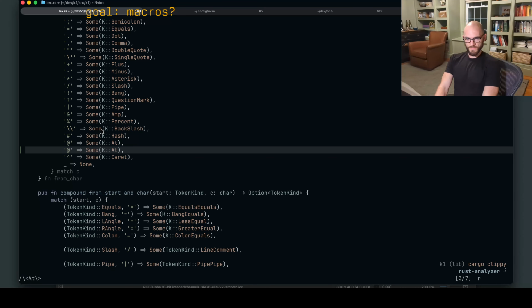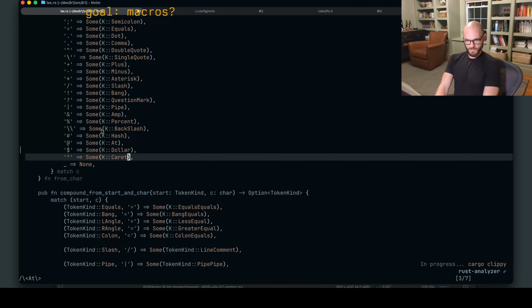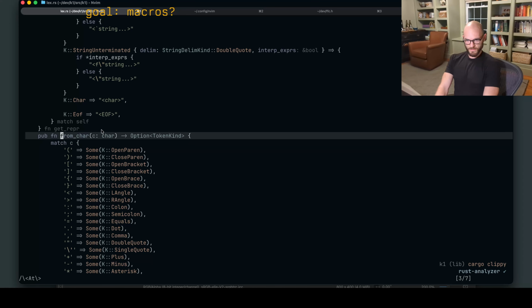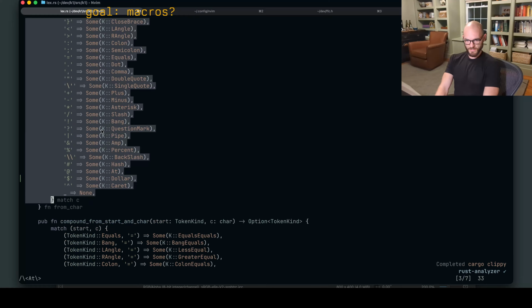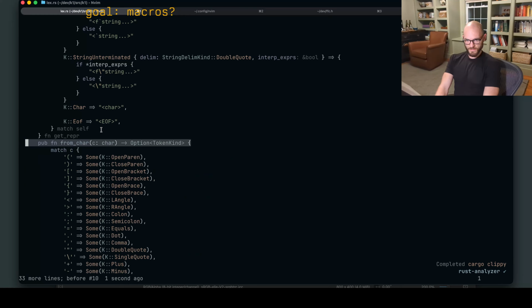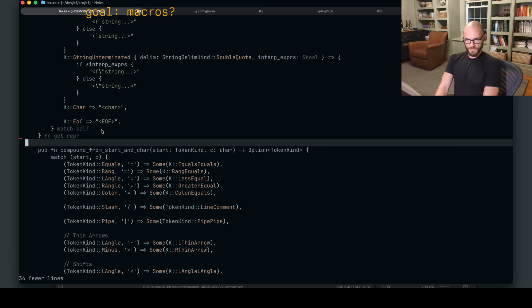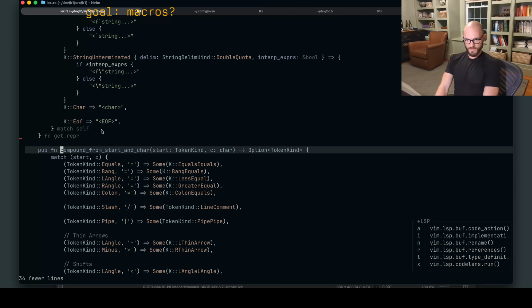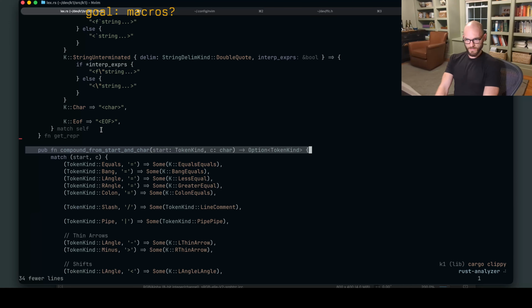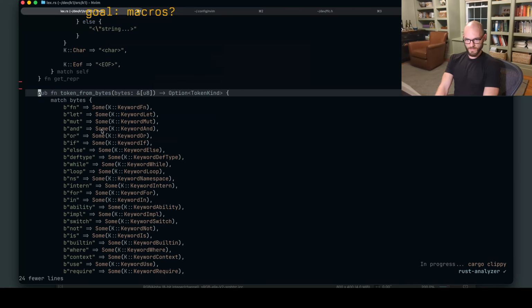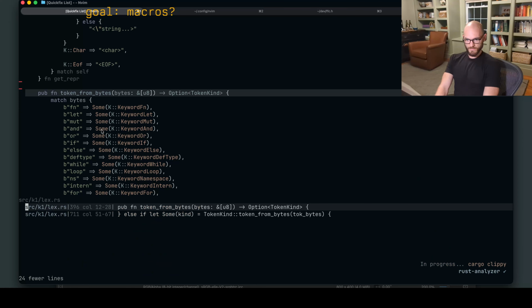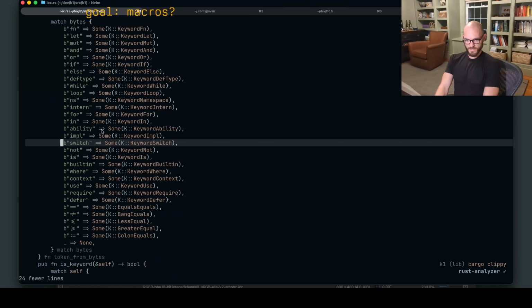Just gonna go through every usage of at. I think we might have stopped calling this. We did stop calling this. But we still call this. Token from bytes, yeah.